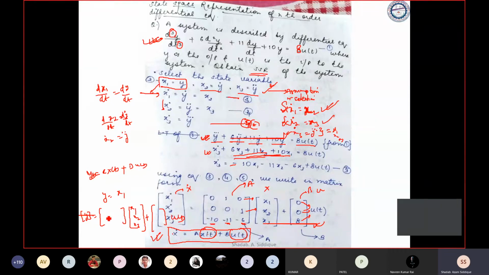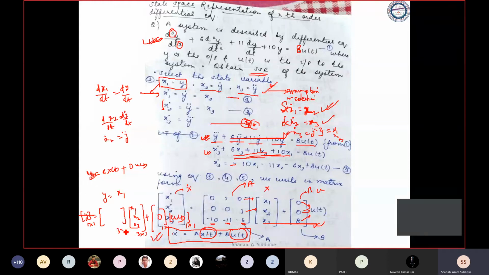So what will happen? This will be simply one equation, a single y will have only one equation. So it is simply written as 0, so 0 into u of t will be 0. We have x1, x2, x3 in the column, so this should have a row, because this dimension should be 1 cross 1. And u of t is, of course, a 1 cross 1 matrix. So this is also 1 cross 1, and this is 3 cross 1.